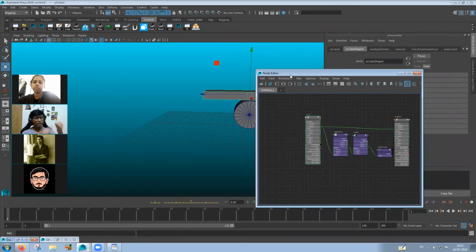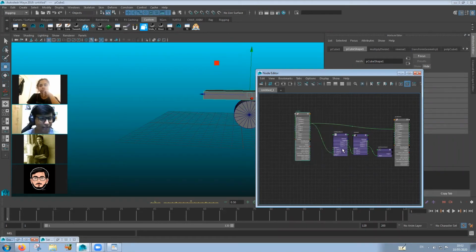So right now we've learned how to control one object with another object. First was with the help of set-driven key. Second was with the help of expressions. Third was with the help of node editor. All right, and as always, there is always constraining over there. Okay, so why do we need to use node editors? Because the problem with expressions is that it calculates on every frame. Like each frame you move around, it calculates itself. So your computer needs a lot of computing power to run on expressions.